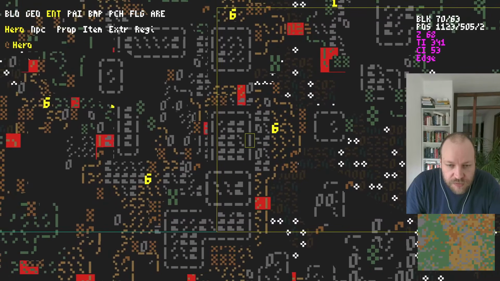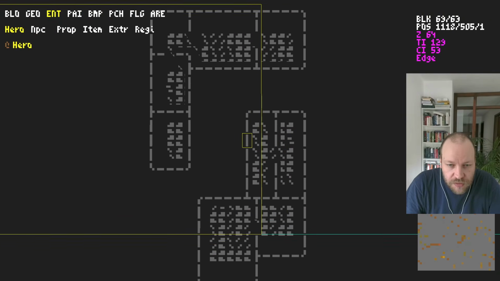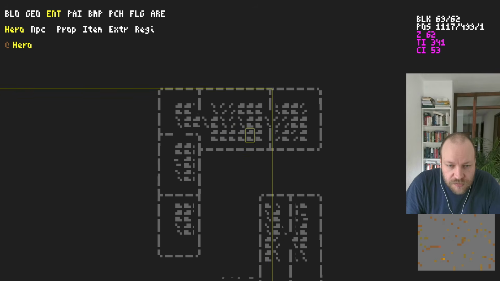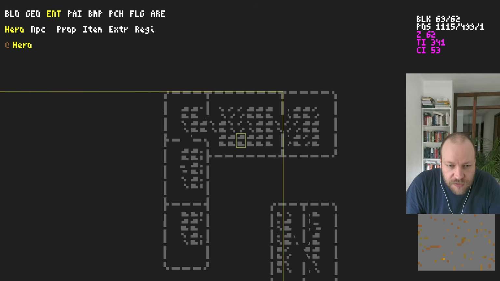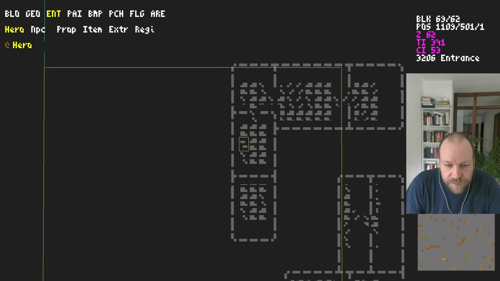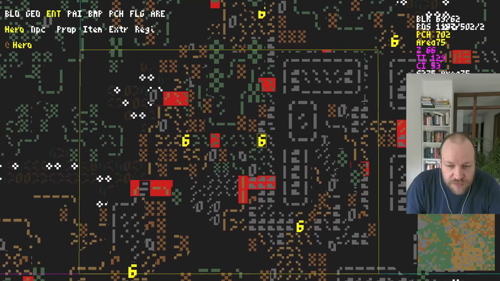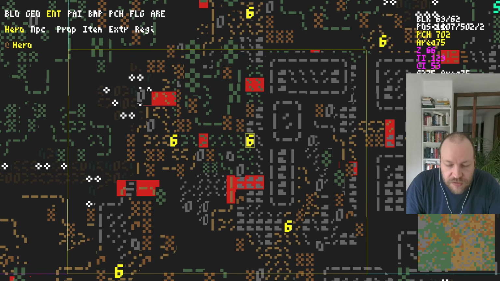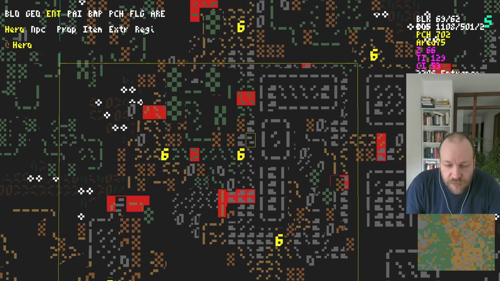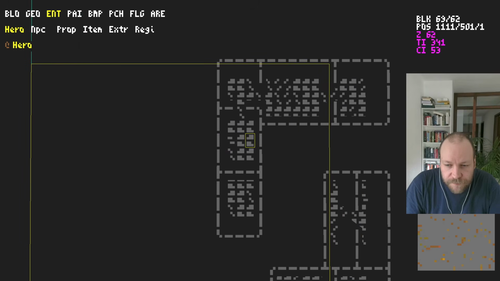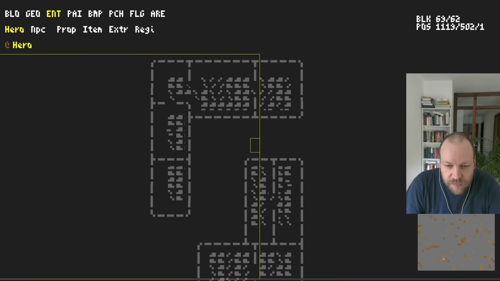Player could enter here, gets a small passage to this underground section, and then exits here on this patch, and then the path continues in whatever direction. That's how the game works right now, and it should be pretty easy actually to connect them,